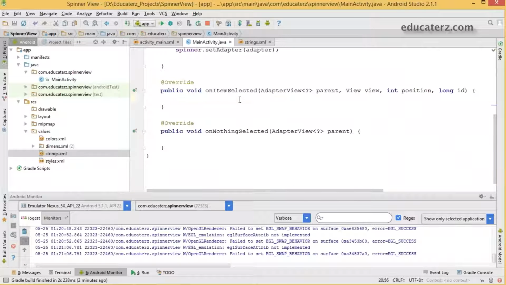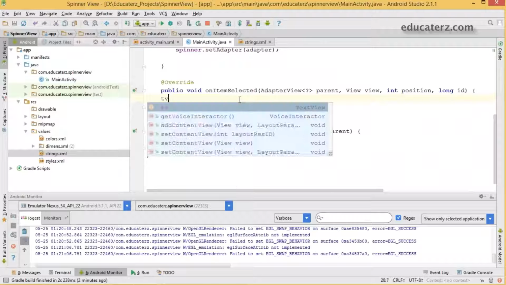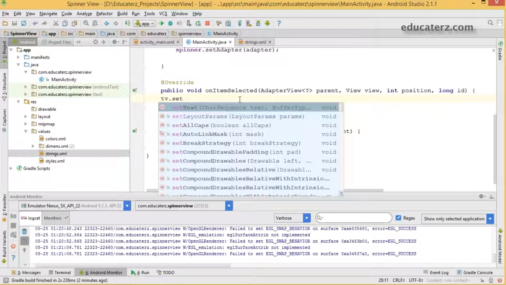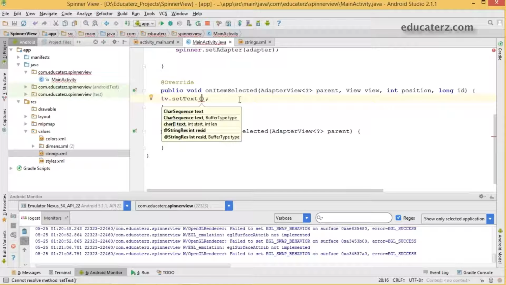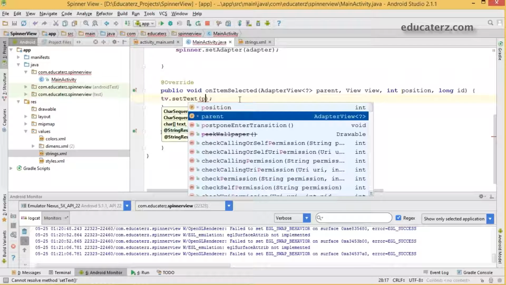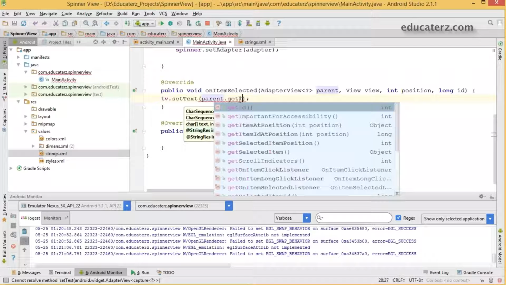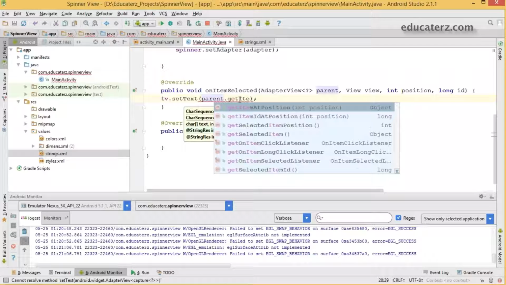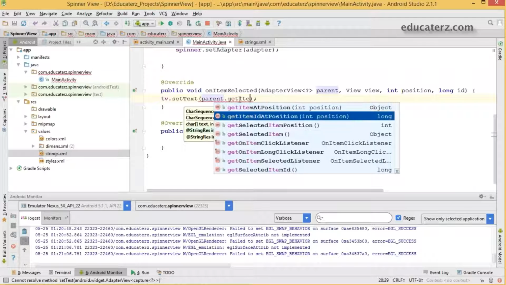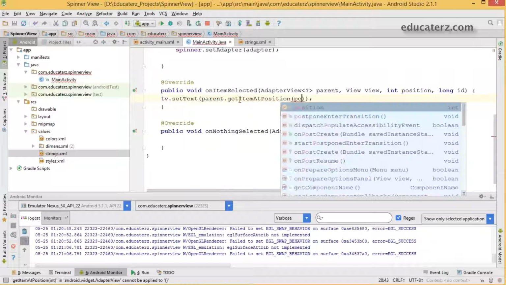Come back here, when something is selected, what should I do? TV.setText. We are going to get the value from your parent.getItemAtPosition.